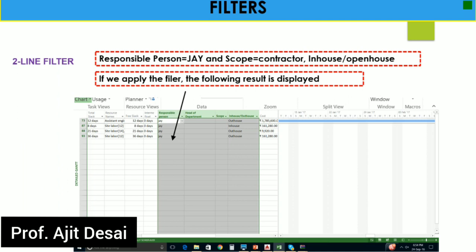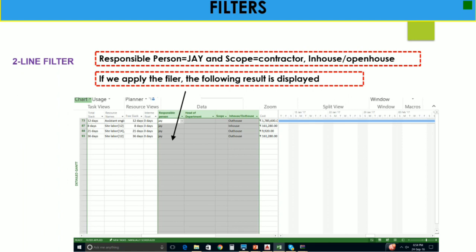Here we can see all the responsibilities assigned to Jai. You can see all the task names, durations, float, and whatever things you need, along with the responsible person and scope, such as in-house or out-house consultancy. If we apply this filter, this result is displayed in your MS Project window.